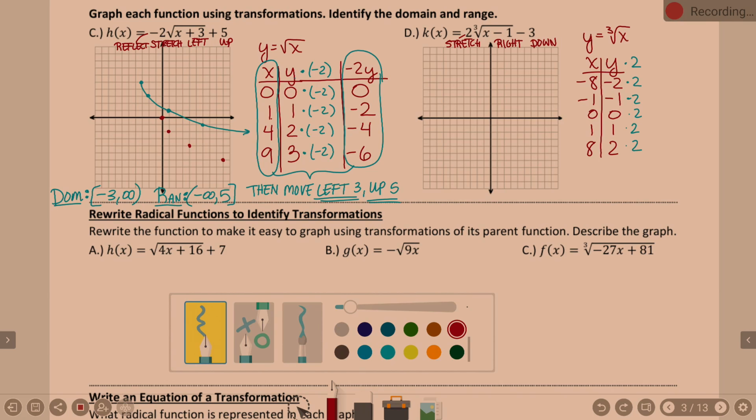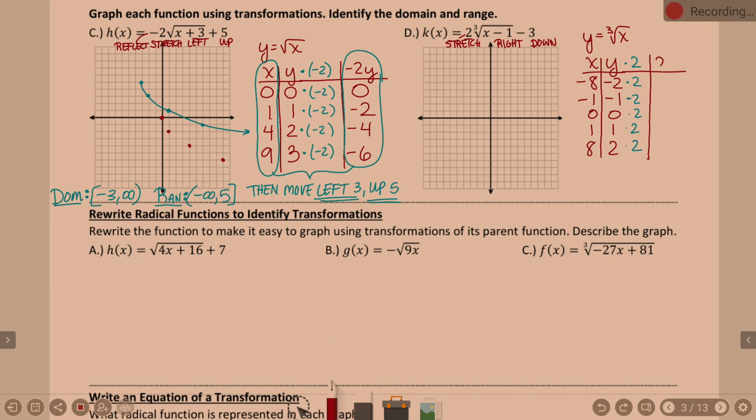Now, you can do that in your head. You don't have to necessarily write it down. But for the benefits of going through this as a class, I'm going to write it down. So I'm going to write down what my y values are now that I'm multiplying by 2. Negative 2 times 2 is negative 4, negative 1 times 2, negative 2, 0 times 2,